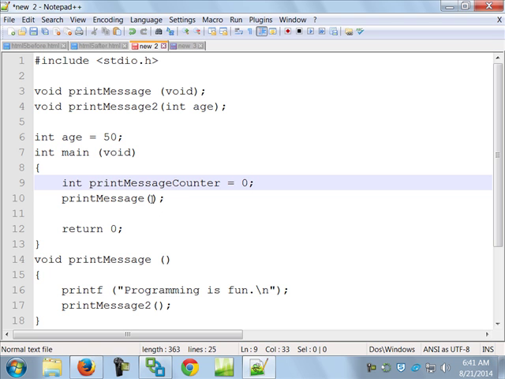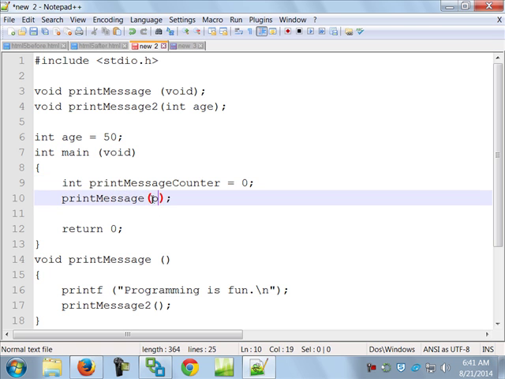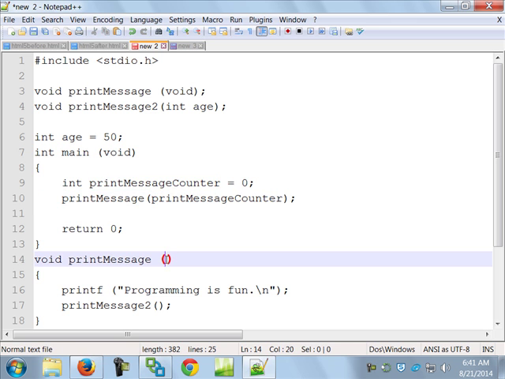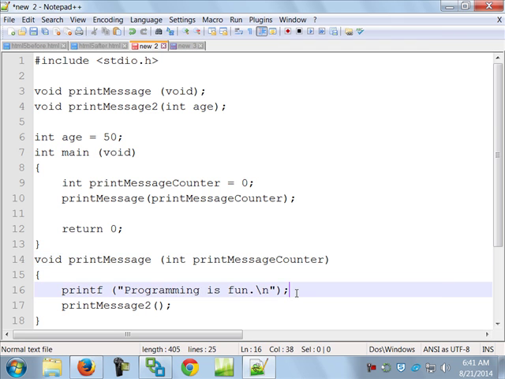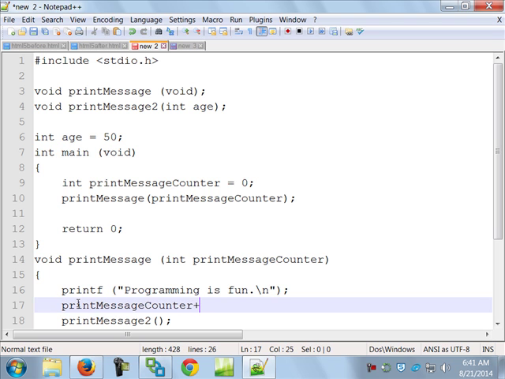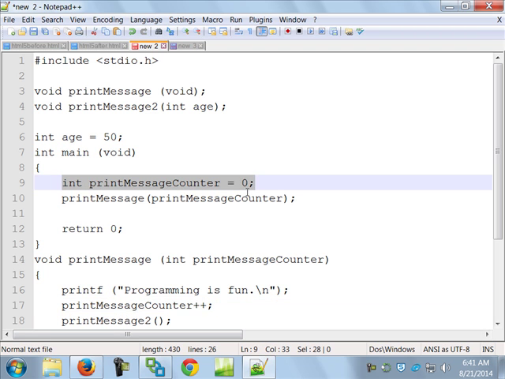Now when I call print message, I'm going to pass to it that print message counter. Now what I want to do is every time I run this print routine, I want to add one to my print message counter. The problem with the way this is written right now is every time it comes into main, it's going to create a new one of these. It's not going to remember its old value. If I want it to remember its old value, I can again put static in front of it like that.